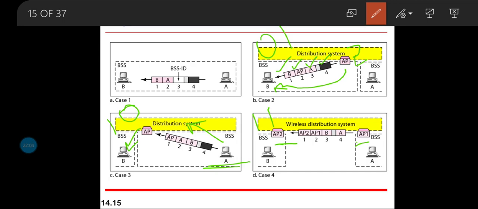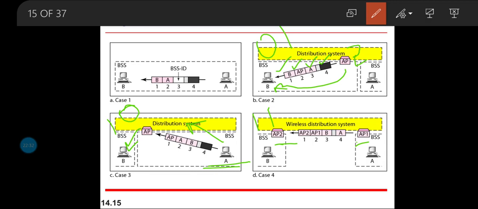The addressing we need not define here as we did for the previous distribution system, because whenever a communication happens through the distribution system between the access points, it is going to be a wired LAN, which makes use of the Ethernet frame format or Ethernet addressing.